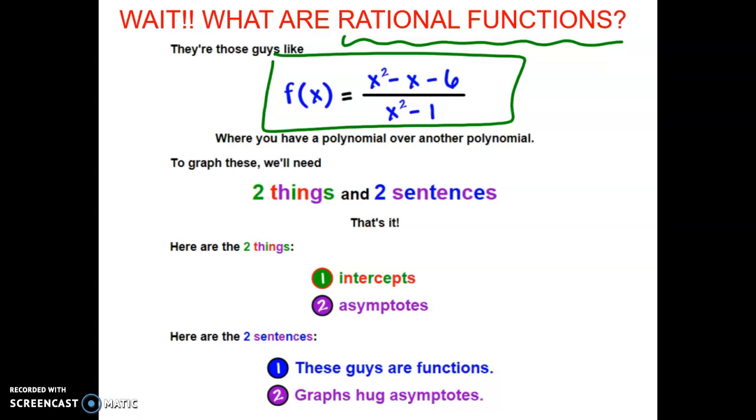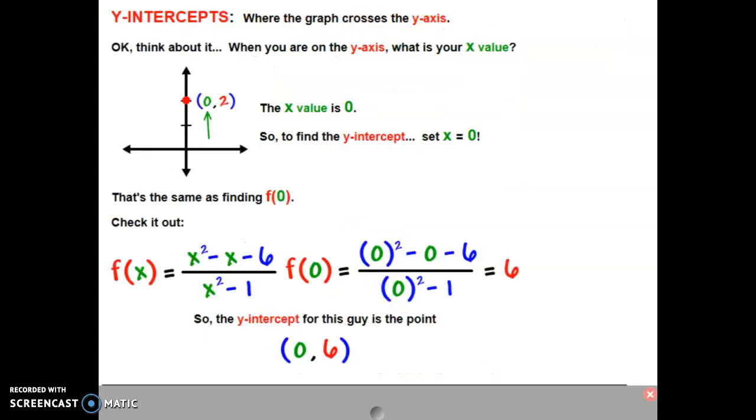To graph these, we need two things and two sentences. The two things we need are intercepts and asymptotes, and the two sentences are these guys are functions and graphs hug asymptotes. So we're going to go through and figure out what all this means. Let's start with